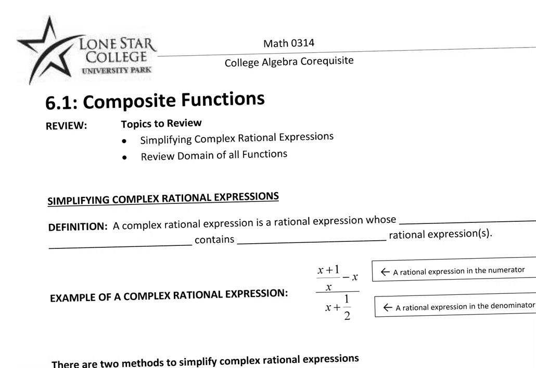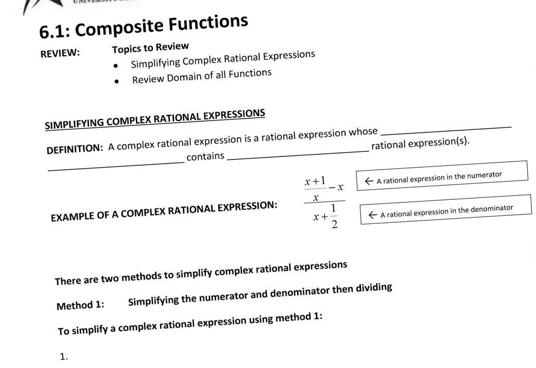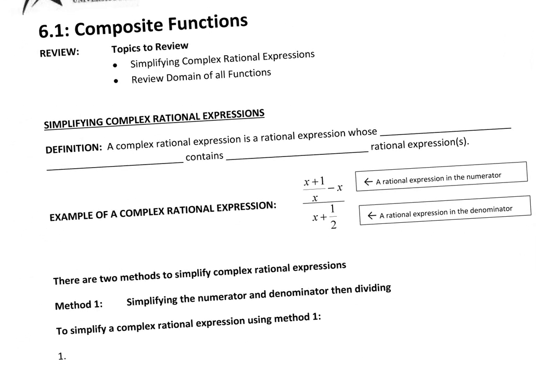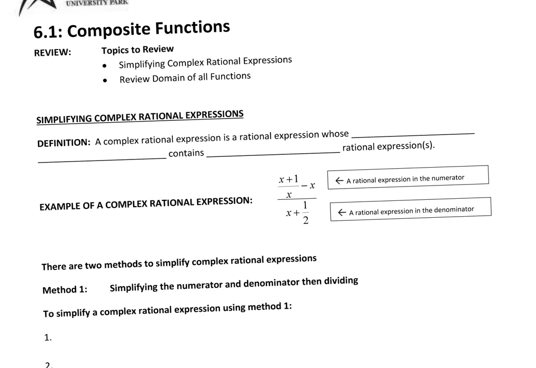So in 6.1, we're going to talk about composite functions. And part of composite functions, what you need to know how to do is be able to simplify what we call these complex rational expressions. A complex rational expression is a rational expression, and remember, a rational expression is a fraction. So it means you have a numerator